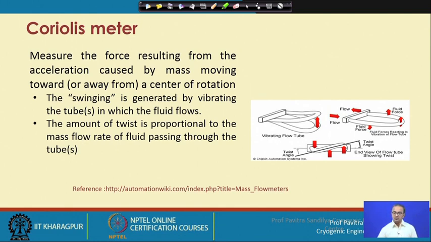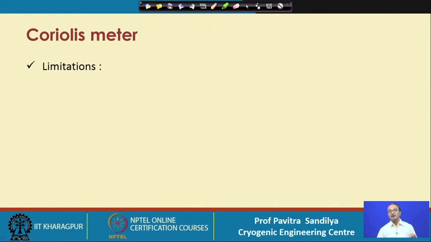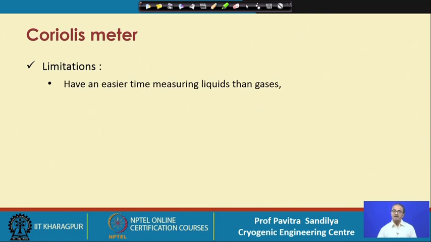So this twisting action is measured and correlated with the flow rate, and that is how we use the Coriolis meter. In a way, it is very good that it measures the mass flow rate and does not depend on the temperature and pressure, but it has some limitations, and that is why it is not used so frequently in the